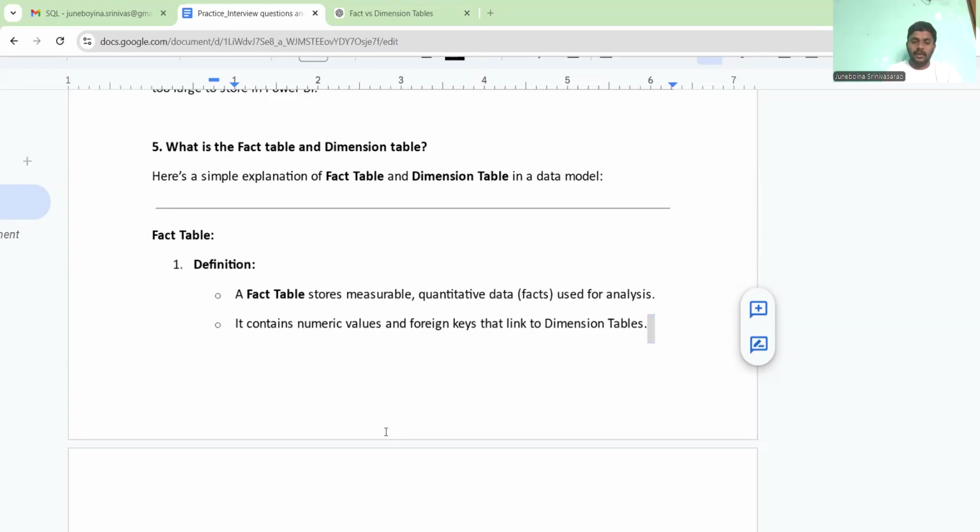In this video, I am explaining the difference between fact table and dimension table. Both fact table and dimension table are used to create data model in star schema and snowflake schema in Power BI data model. So we must understand the difference between this fact table and dimension table. Here is a simple explanation of fact table and dimension table in a data model. In this video, I am explaining the importance of fact table and dimension table in data model and their